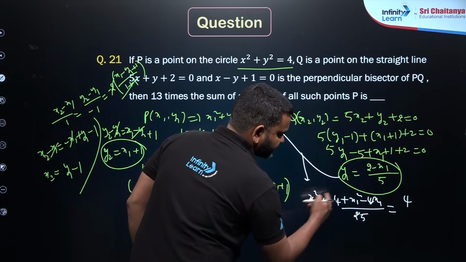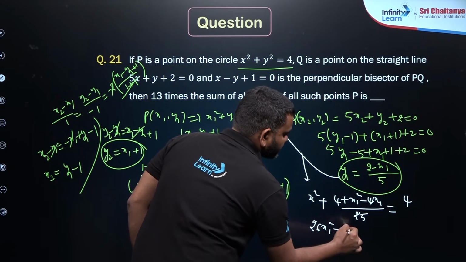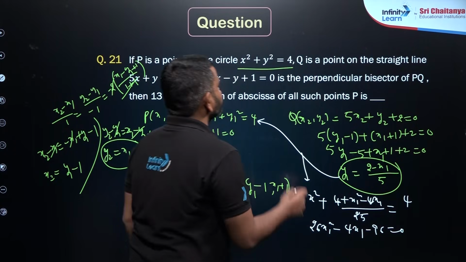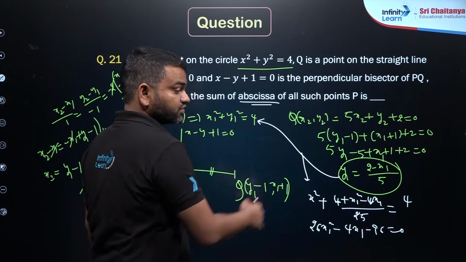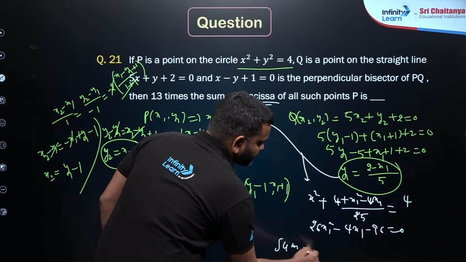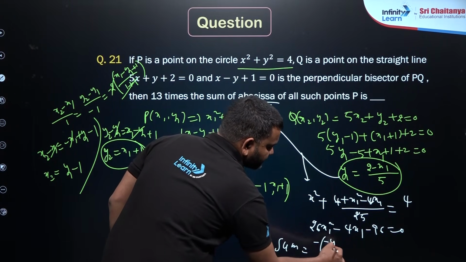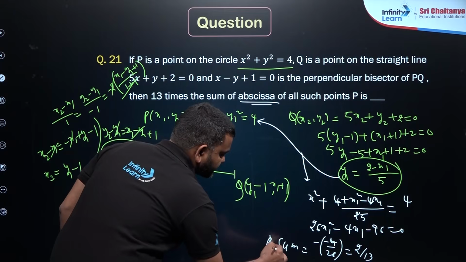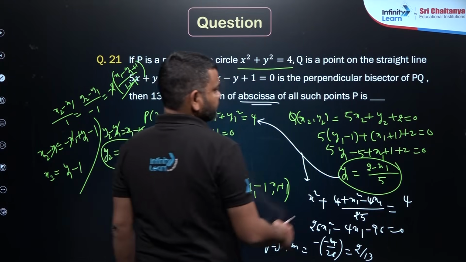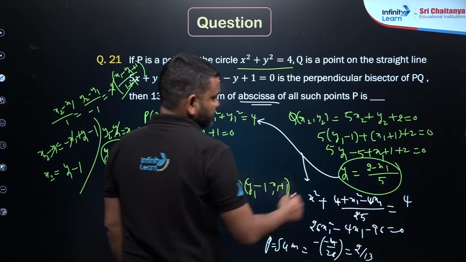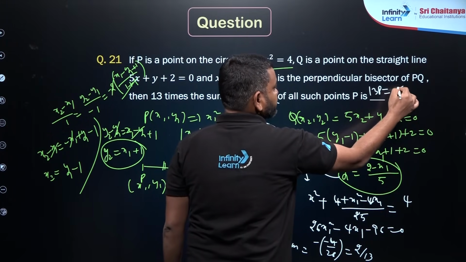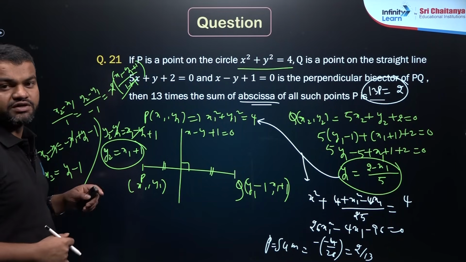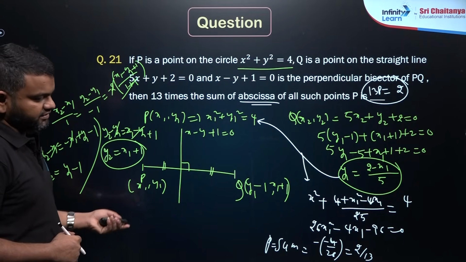Multiplying on the left side, 25 plus 1, 26 x1 square minus 4x1, here 4 and 20, so minus 96 is equals to 0. Sum of all values of abscissa, which means x values, so sum is going to be equals to minus of minus 4 by 26, this is going to be 2 by 13. So this is given as p, so p is equals to 2 by 13. Then they are asking 13 times of that, so 13p is going to be 2 after simplifying. Okay, so your answer for that is going to be 2 in this situation. Good. Next,